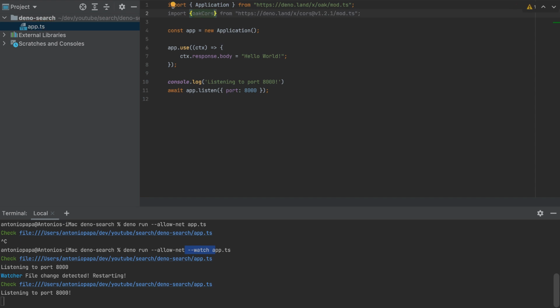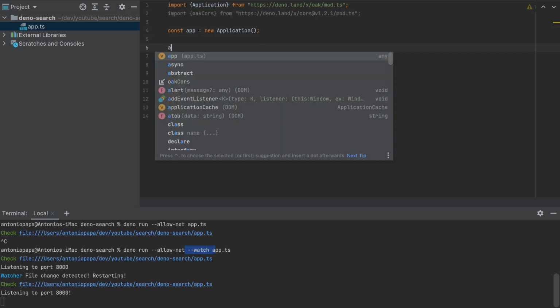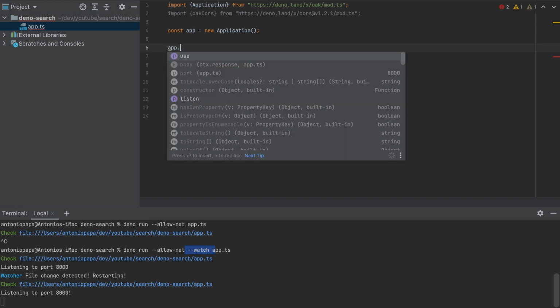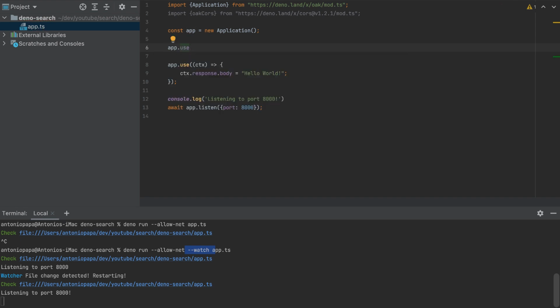This app will run on port 8000, and the frontend will run on a different port, and the browser will prevent that. If you want the browser to allow that, you have to add the CORS. So I will add it here: app.use(oakCors,